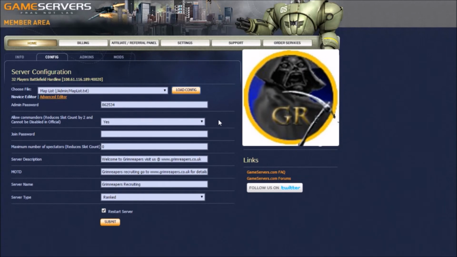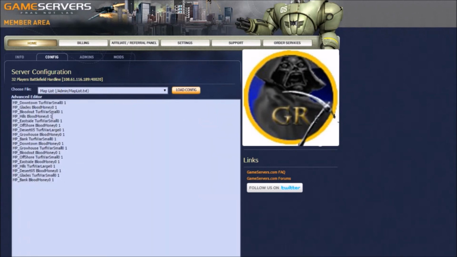It does take a few seconds. So now it's gone back to the map list, and it's MP underscore downtown, so it's always MP underscore. Downtown's the map name, and it's Turf Wars small 0, and that highlighted is how many rounds you want to play. So that's Downtown Conquest 1 round, and then MP Glade is Everglades, Blood Money,